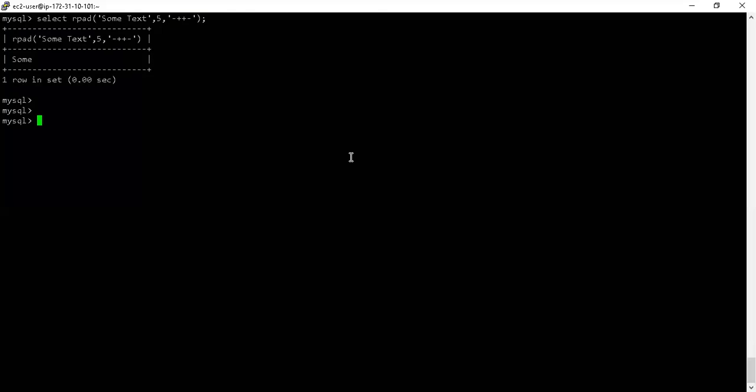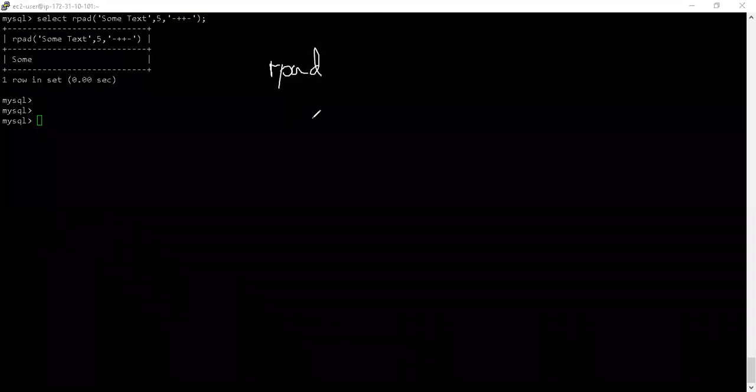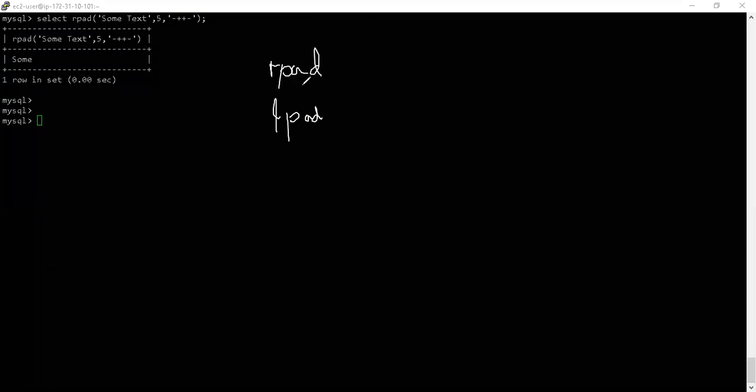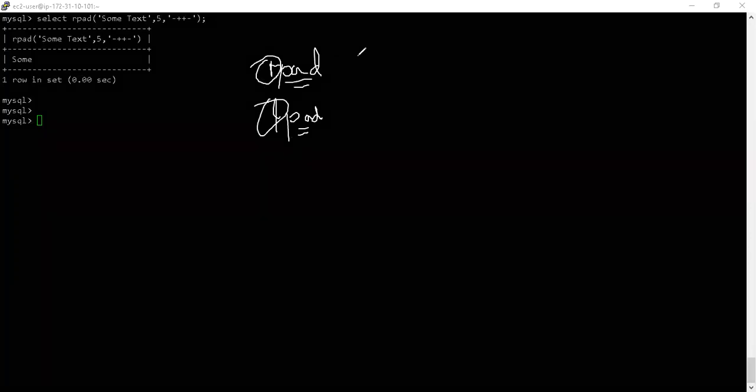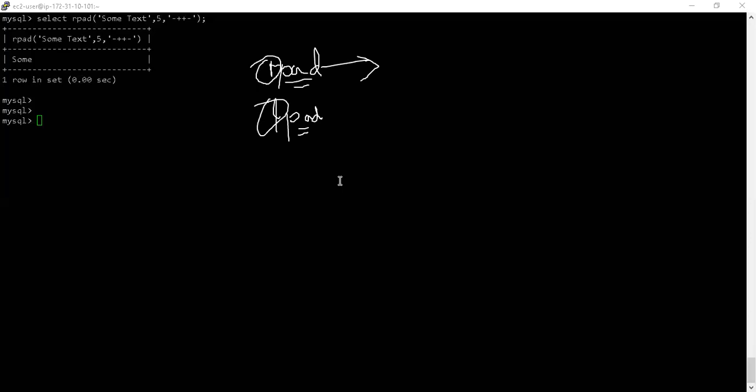Let me just explain what the padding function is doing. There are two padding functions. One is called rpad, and the other is called lpad. This function is going to do padding, and either it is going to be on the right side or on the left side. So if I want to do a padding on the right side,